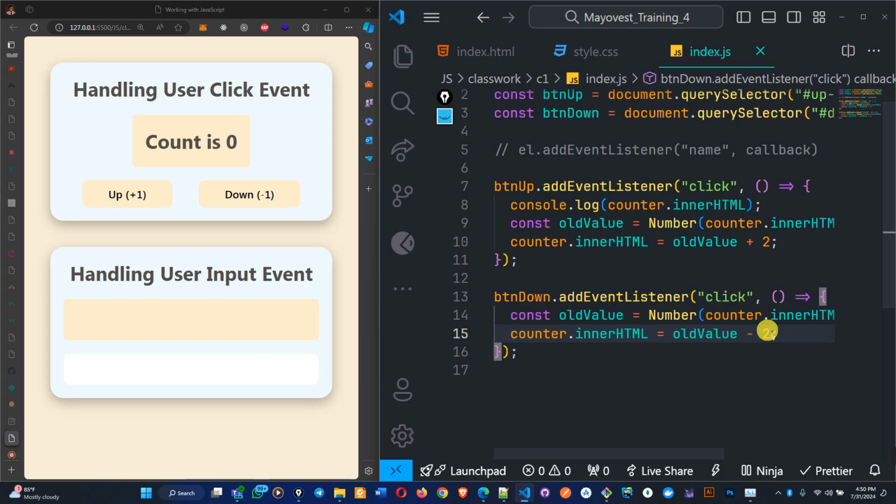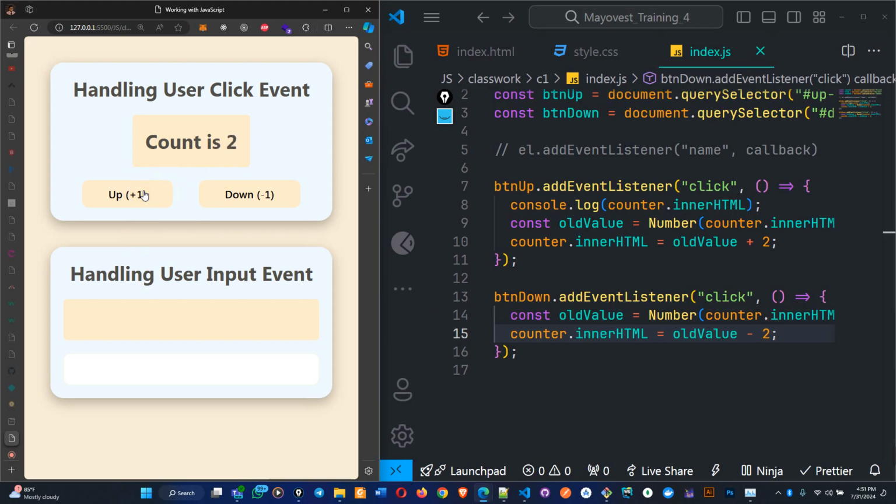JavaScript doesn't care. That's why you are the one in charge. You tell it which element and where to update the stuff. So which element do you want to update, and what are you trying to update on that element? You be the one that will specify everything, and whatever you give to it, that's what it's going to do for you. So if I click on it right now,